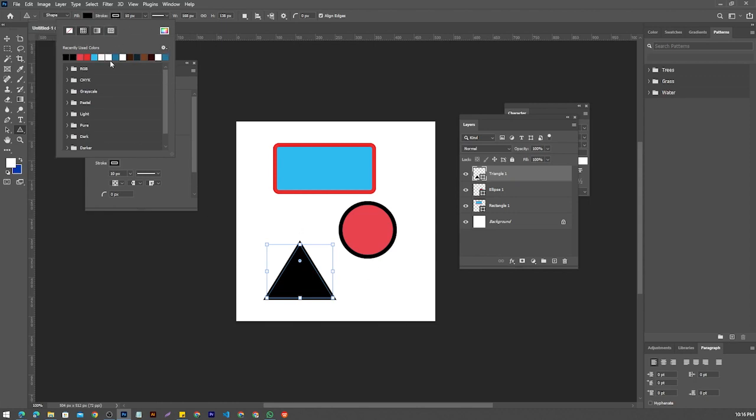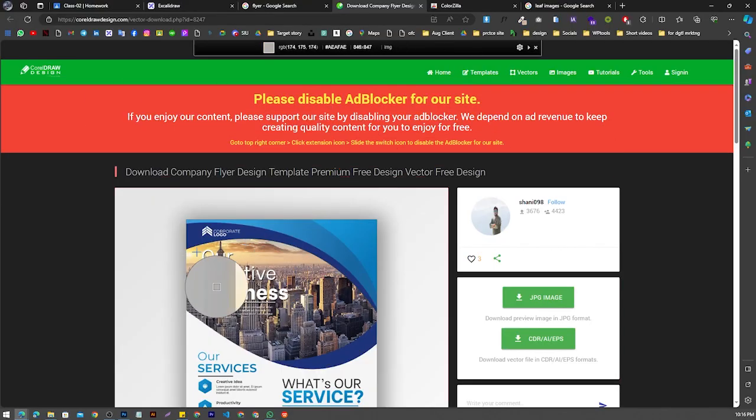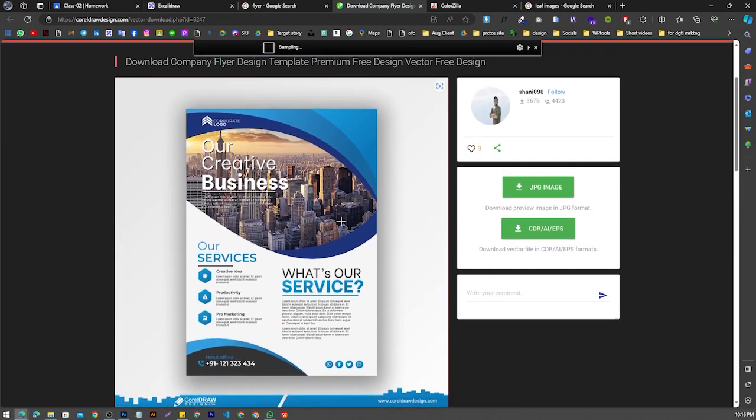Okay, let's change this color. Let's say I want to click a polygon tool. As you can see, you may do this like this. So the problem is, as you can see this design, this is not the regular one. You won't see this type of ready-made shapes on your